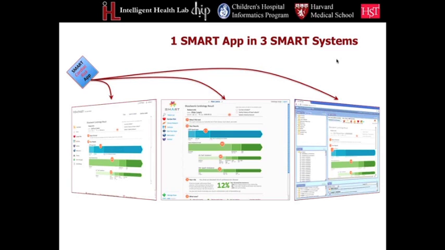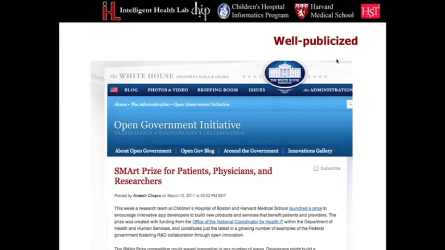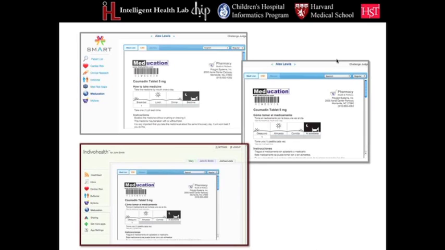Anish Chopra encouraged us to take this to the next level and to have a contest, and we were one of the first healthcare-related contests on a new website called challenge.gov. We got 15 apps developed for a $5,000 prize. These days, in contests, you need to offer a lot more than a $5,000 prize to get anyone's attention. But this is the app that won.